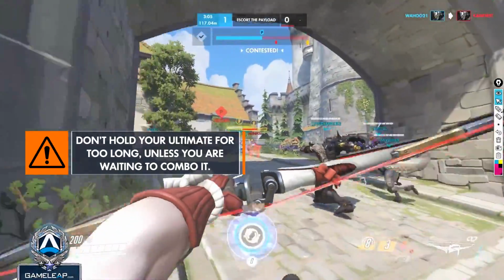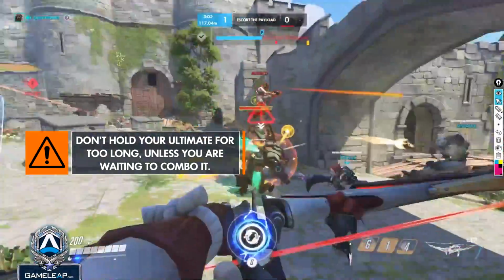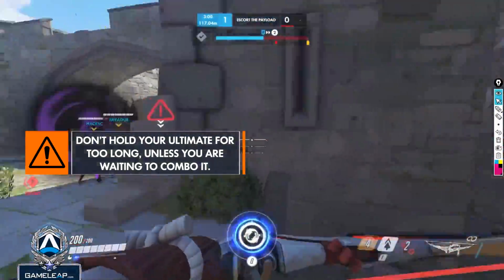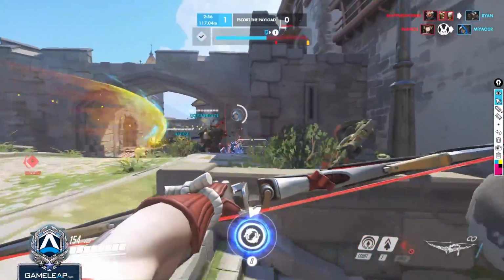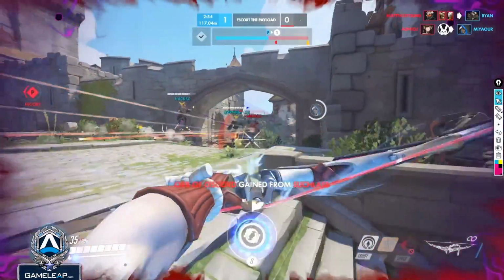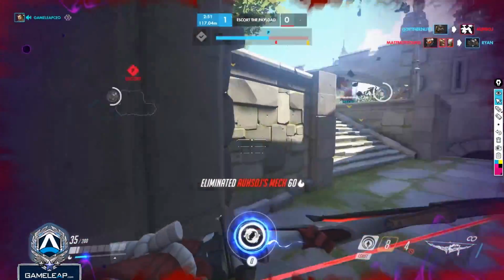I mean, you don't have a Zarya, right? One of the big things that you look to use your Dragon Strike with is a combo with Graviton. Usually that's the best combo, right? You have the Hanzo all into that. Here I would use your mobility move because you're getting hit. Whenever you get hit from